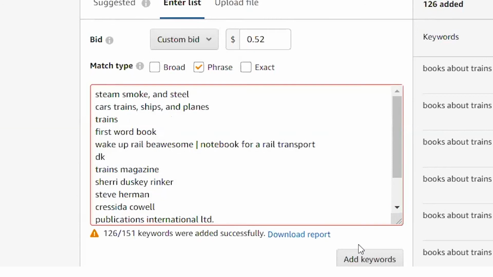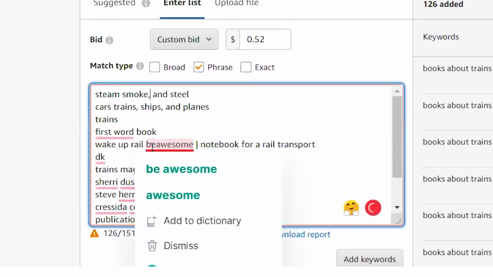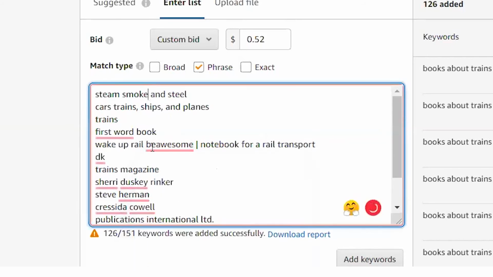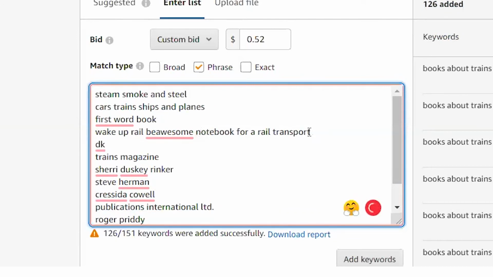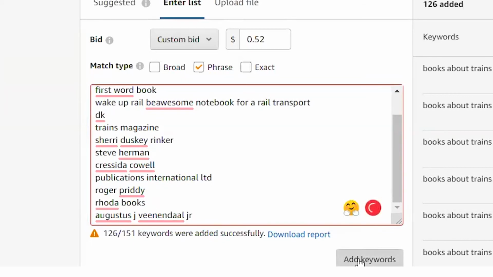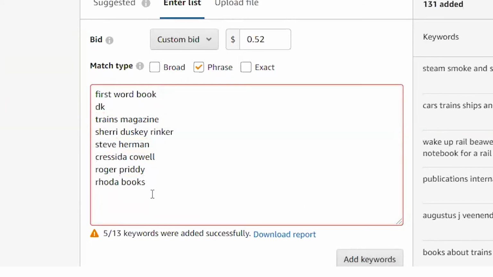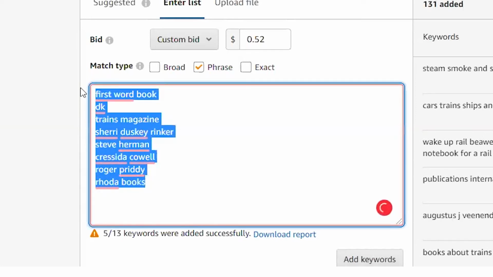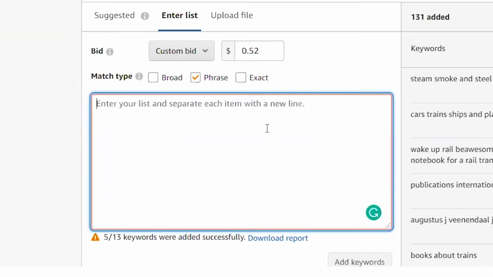Now, one of the things that happens if you see things get left behind over here, Amazon does not like punctuation. So commas need to be removed. So any duplicates, it won't move over. It only wants it once in the list. Then I would just delete that and then add again. And anything else that's left, if it doesn't have any punctuation, it's just duplicated. It's already there. So I would go off with that.